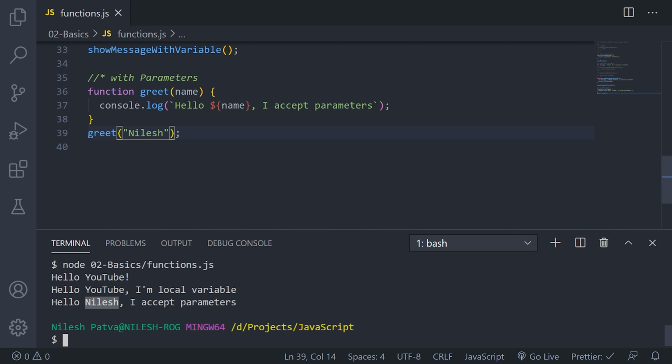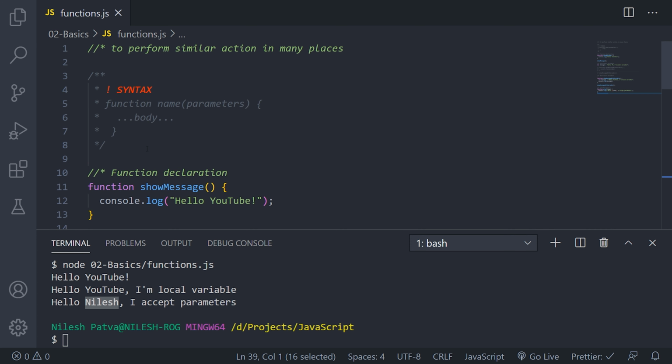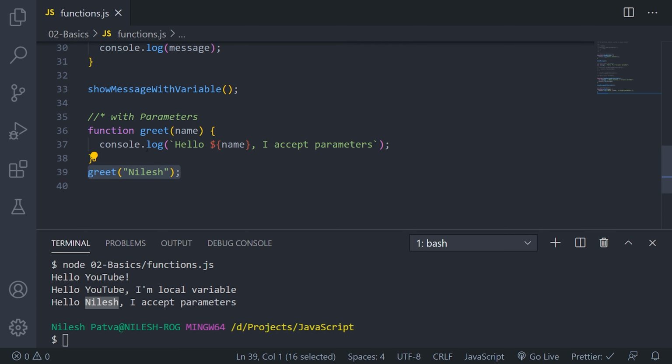So this is something like repeated actions or repeated code, you can separate it out as a function and you can use that function code by calling it anywhere in your program. So that is how we can write functions, and we can use them.